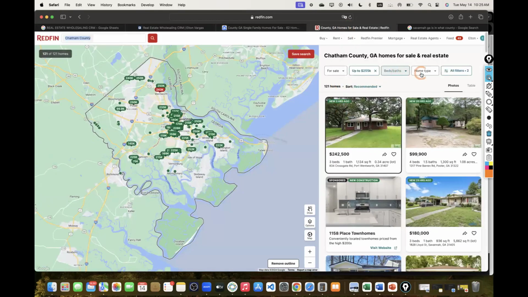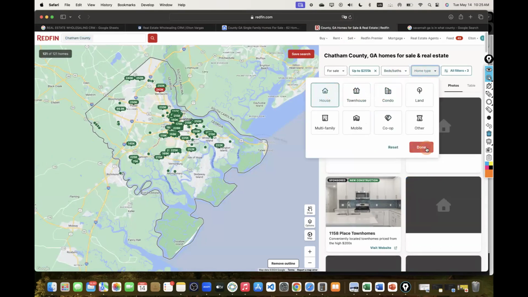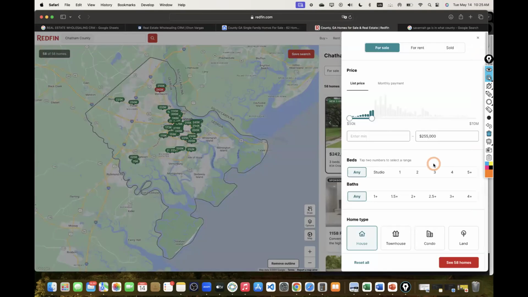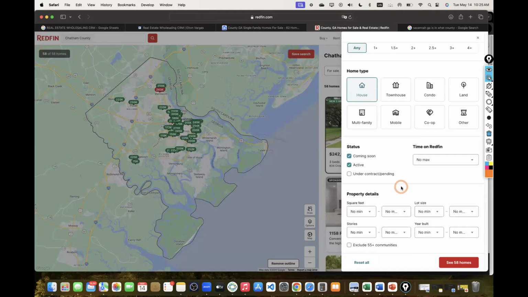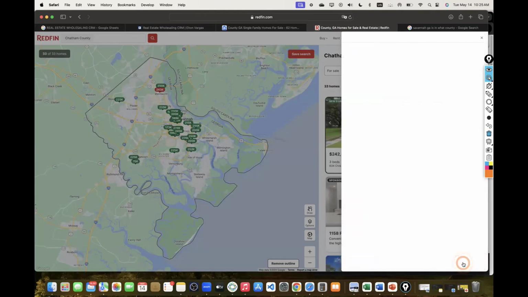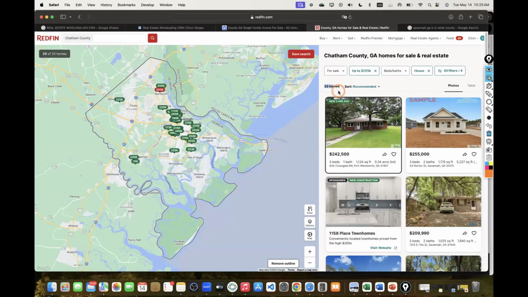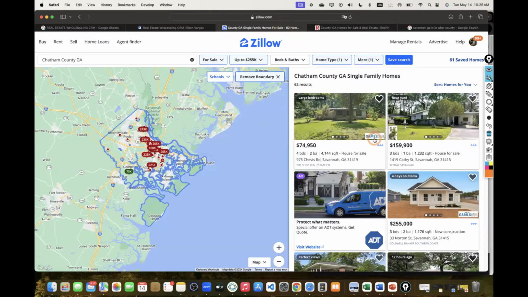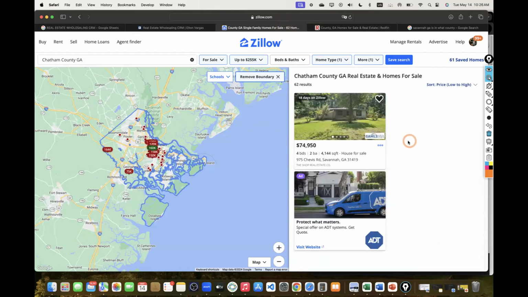Not just from there, but also on another platform like Redfin. So I'm going to select houses, and I'm going to select properties again that are 1,000 square feet. And again, this is going to give me 33 homes. Again, you are going to come across some of the same ones, and then you're going to come across different ones from both of them. But I have a good amount of potential ones over here. And the last thing I want to do is sort from the lowest to the highest.